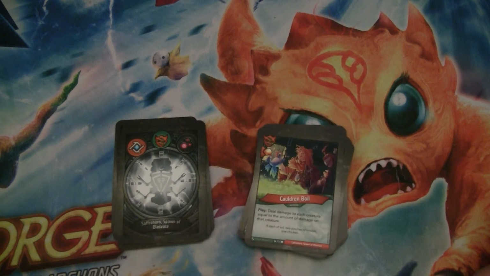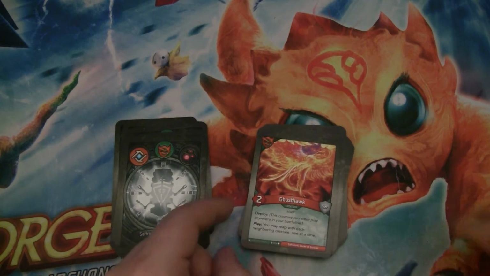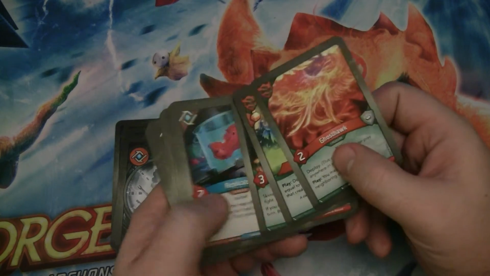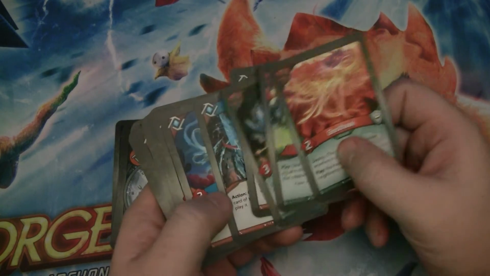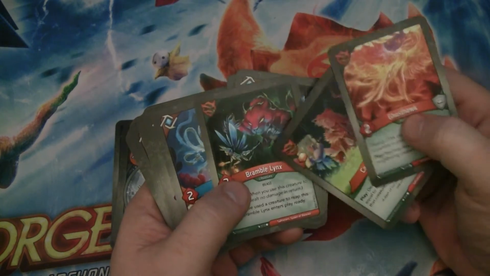Cauldron Boil. Gain an amber and deal damage to each creature equal to the amount of damage on that creature. Interesting. We did get a Ghost Hawk. This is really nice with the Bramble Lynx because it means even if we don't have untamed creatures in play, as long as we have any creatures in play, we can get a Reap in and get the Bramble Lynx